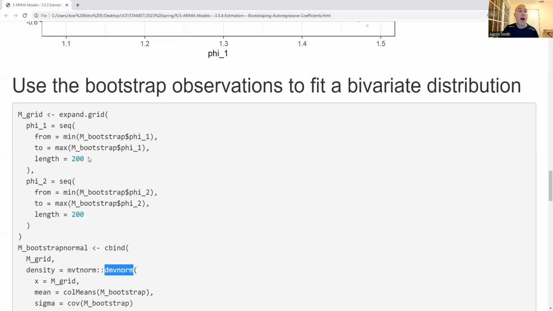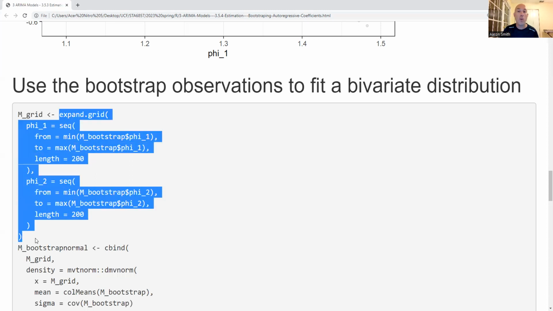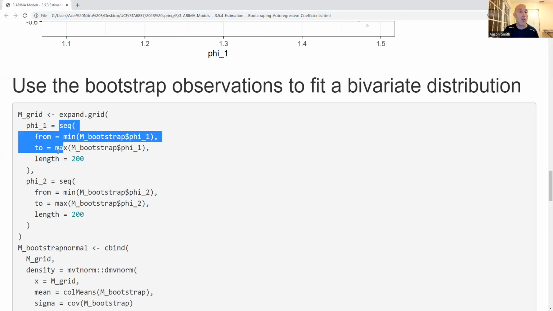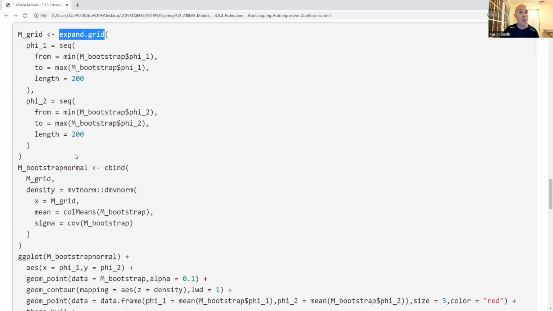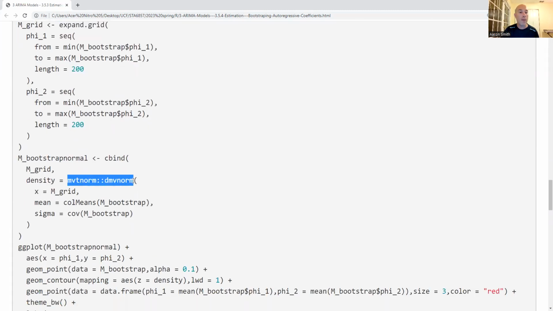Now, to do this, I need to specify what points on the 2-dimensional plane I'm going to drop in for that bivariate normal. And here I'm going to use expand.grid to work that out. So here we're taking 200 phi1 values, 200 phi2 values, using expand.grid to go through all the possible combinations, all the possible pairs. Then I'm going to fit the density, and we go at all the points of interest. I'm going to get the height of that